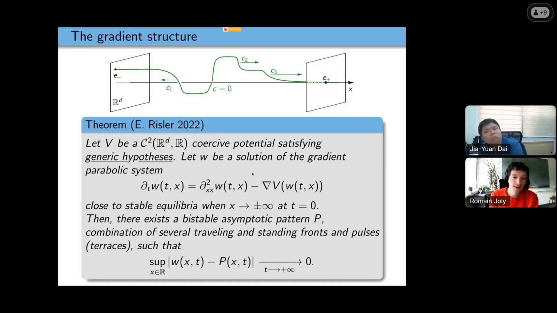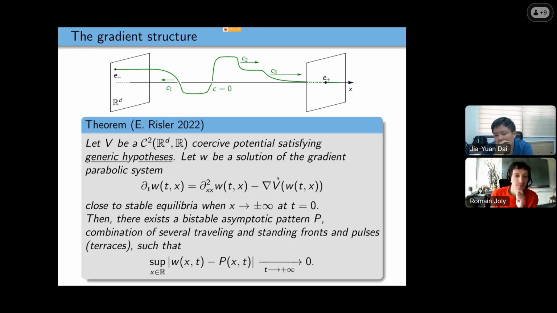So it's a very nice result, but there are some hypotheses which are somewhat natural. You expect that they are generic, that they hold for a random potential. The first motivation of my work with Emmanuel was to prove that these hypotheses are really generic. But I hope to convince you that the motivation is not only to check that the hypotheses of this theorem hold, but also that they give you important information about the dynamics of the traveling fronts and standing pulses in the PDE.